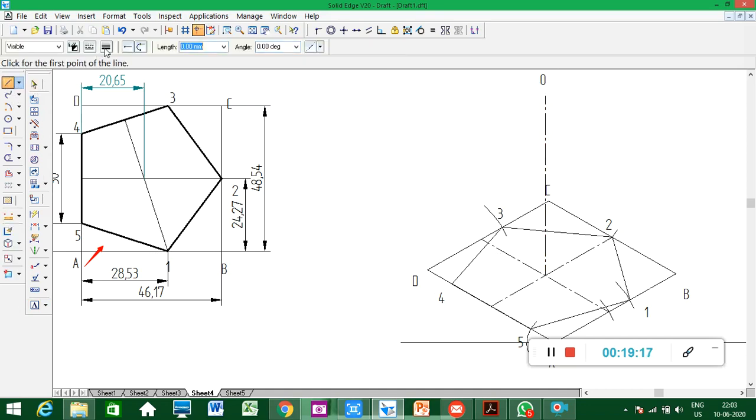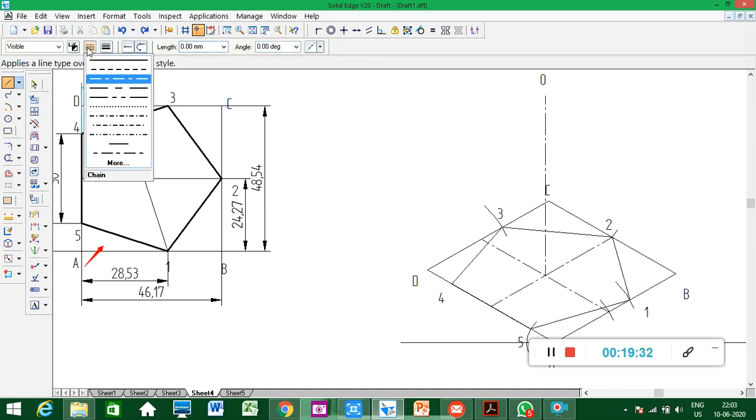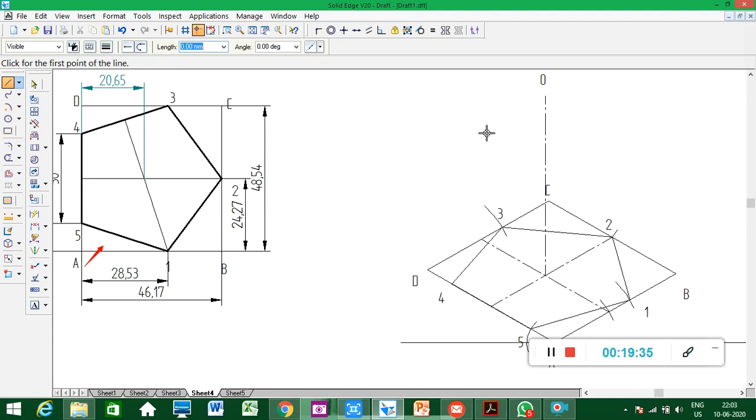So I'll join the line. I'll use a thick line first. Initially 0.5 thin line from this end to this end. This is slant edge. From this, OA, O4 is slant edge. O5 is also slant edge and end point. So join this. O1 is slant edge. Join this. O2 is slant edge. Now don't join this O3 because it is behind. It is not seen.